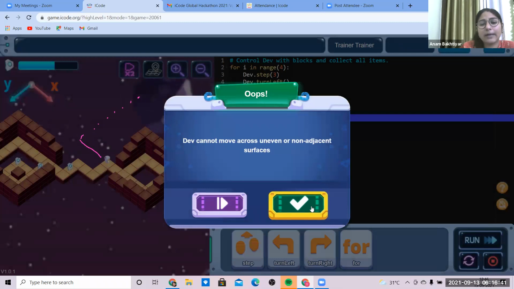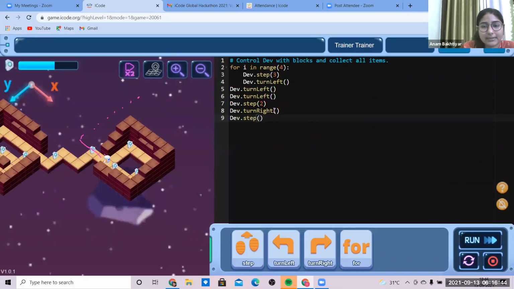Why is it turning in this direction? Left needs to be turned in. I'm turning it towards left only. Turn left, 2 steps, left. Sorry, left and then right.